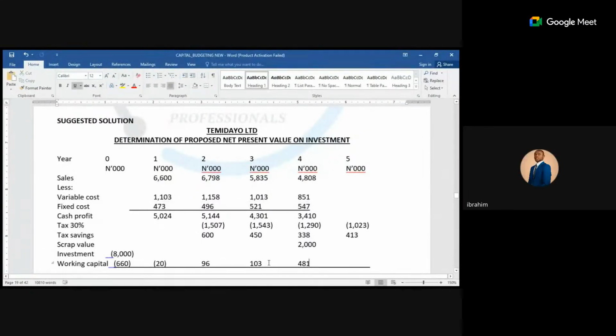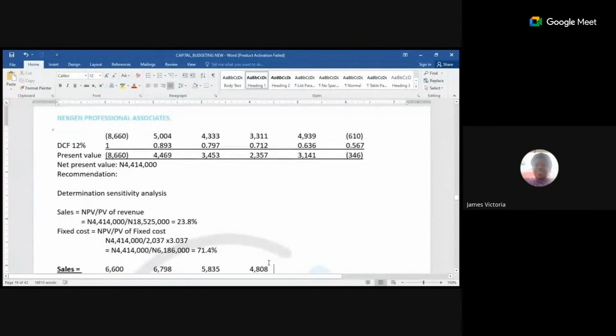Madam V, I want to ask, this material for capital budgeting, is it uploaded on the Google Drive? Check capital budget. Is it there? It's there. It has been updated. The old one, just check it. It has been updated. Thank you.